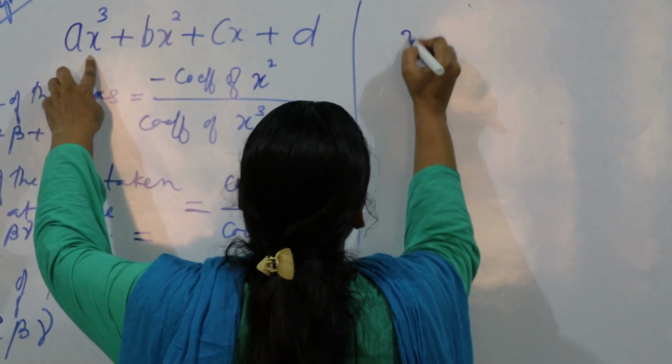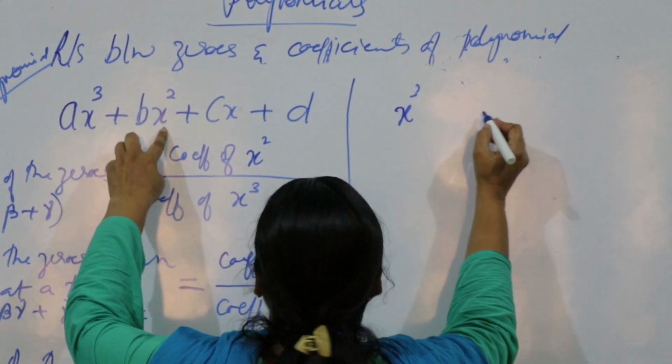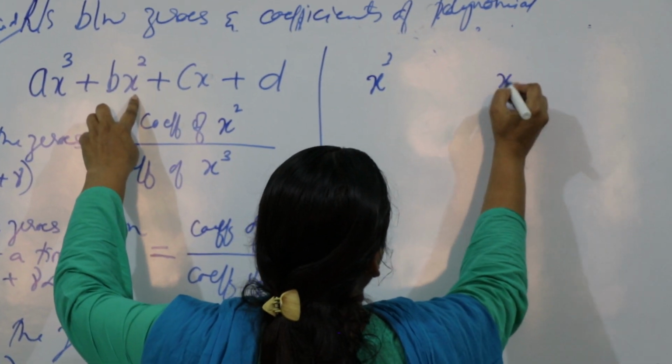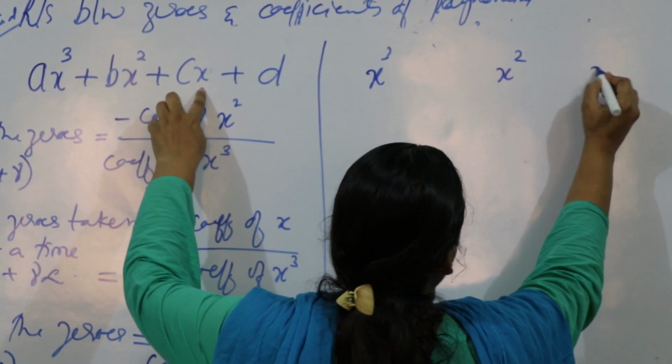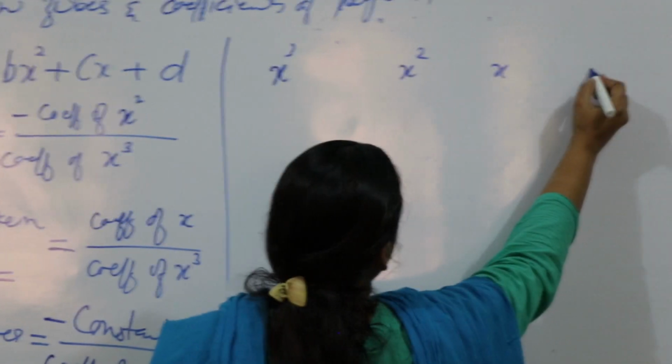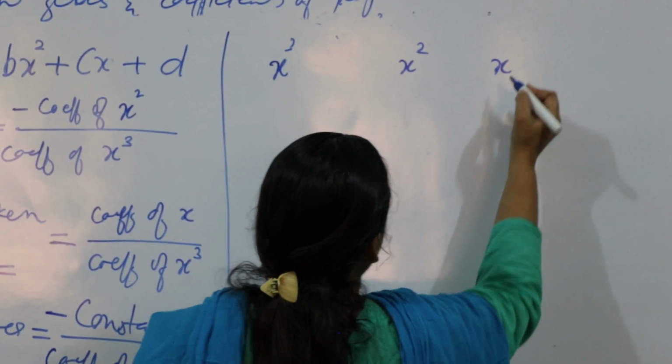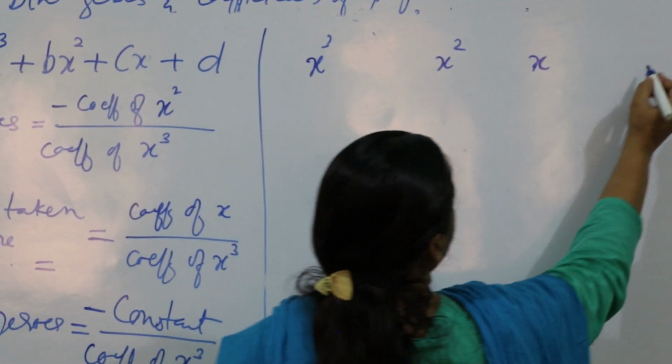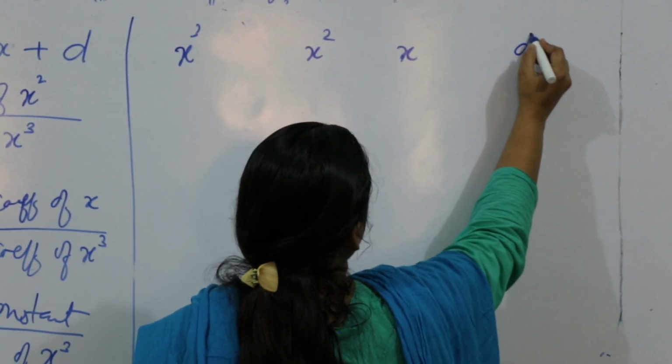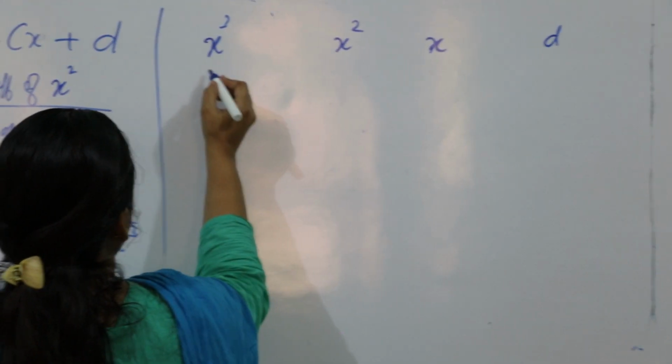So what's the first one? X cube. And what's the next one? X square. And what's the next? X. And this constant is what? D. We'll talk about this later. Now,